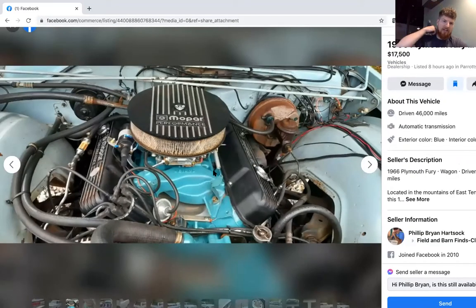While we're under the hood here, I would also like to note that this is obviously a drum brake car, so drum brake on all four corners. I can tell because of this master cylinder. This is a single pot master cylinder, which means all of the brake pressure is on one circuit. So when you push the brakes, this single piston is pushing pressure to all four corners. That's different than a two-pot master cylinder where there's a circuit for the rear and a circuit for the front